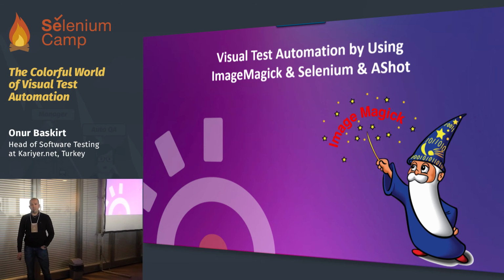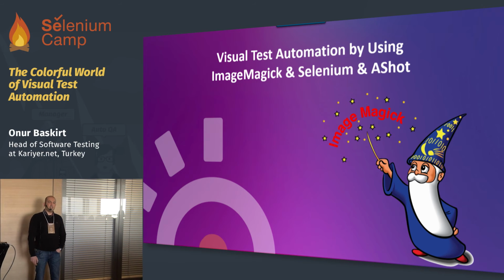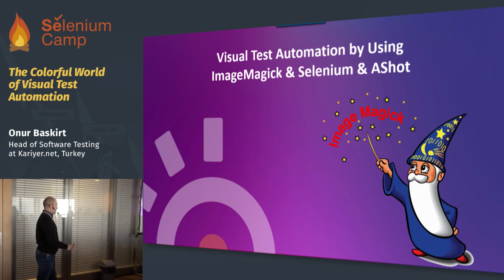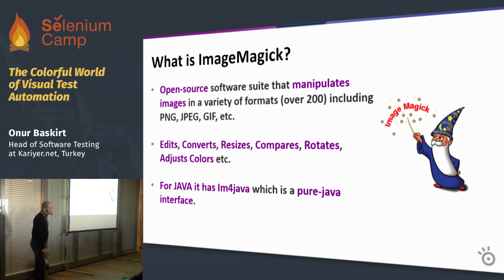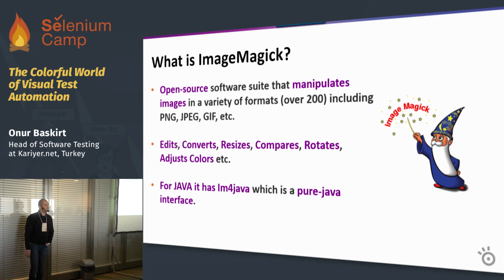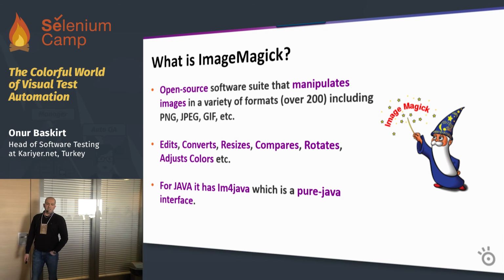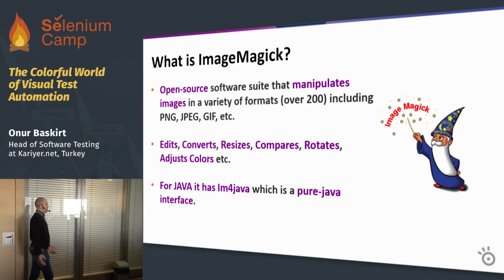And our last combination, visual test automation by using ImageMagick, Selenium, and AShot. These are fully open source tools. And first, ImageMagick. Who knows ImageMagick? Who uses it? All right, nice. It's an open source software suite, and you can do a bunch of stuff with ImageMagick. You can